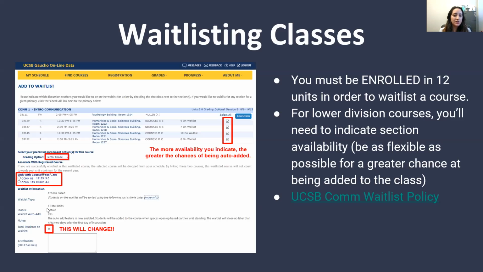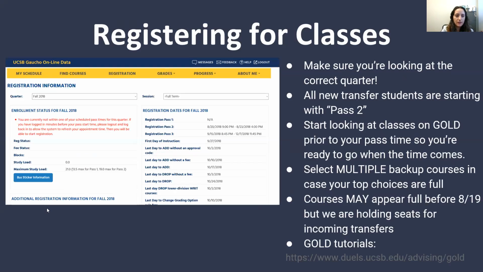And then you'll also notice the course linking function. I think this is my absolute favorite part of Gold. The course linking function allows you to link a course that you want to waitlist with a course that you're enrolled in. The reason this is beneficial is because, as you'll notice on the last slide, there are limits to how many units you can enroll in per pass period. For pass 2, the limit I believe is 19 units.